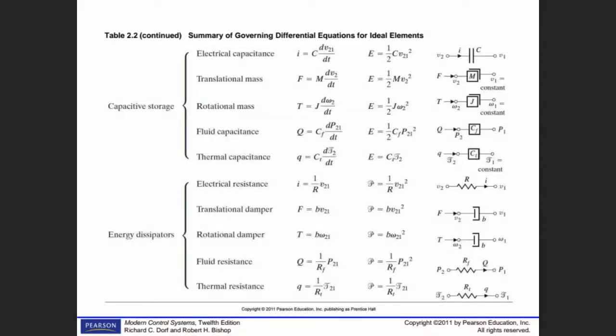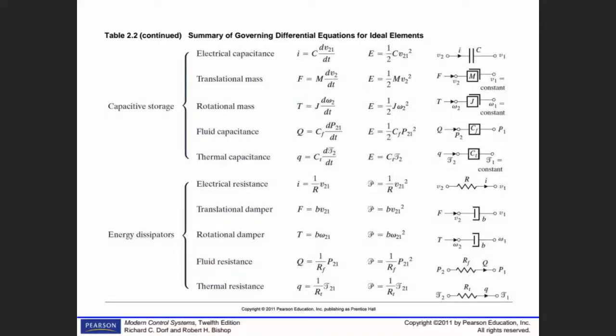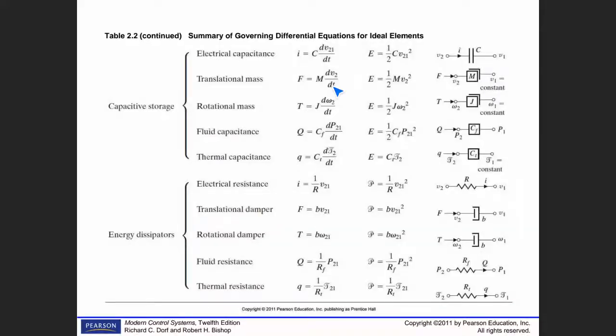However, the other ideal elements, so I continue, the capacitance, for example, 1 over 2 CV square, and the representation is C. Mass is also an ideal system, no loss involved, it just stores energy. That's why you cannot accelerate,